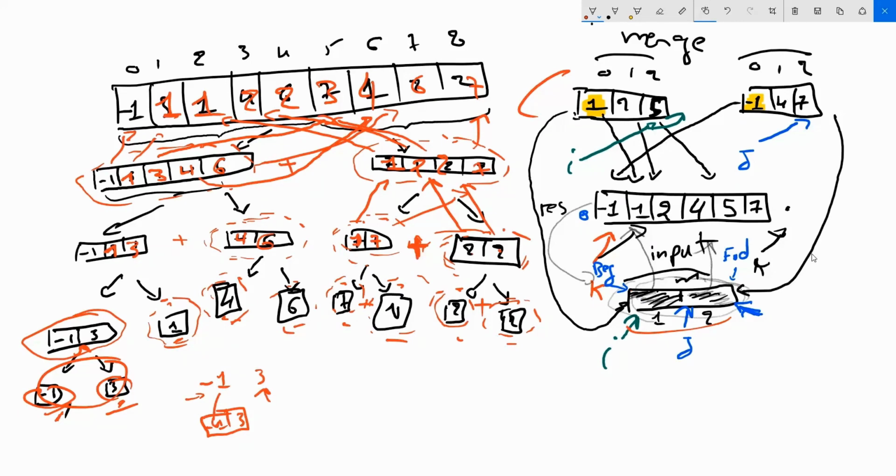All right, so this is the basic idea. So let's write an algorithm that implements this idea in pseudocode. Okay, so let's delete this, and